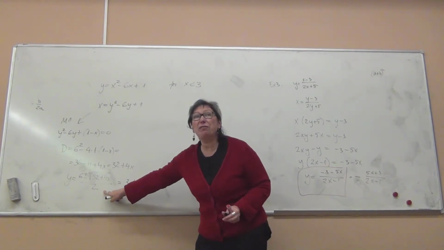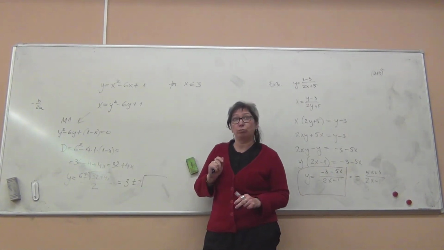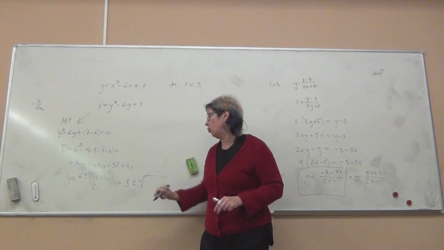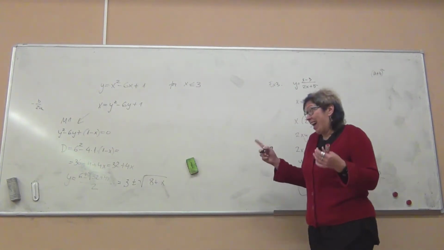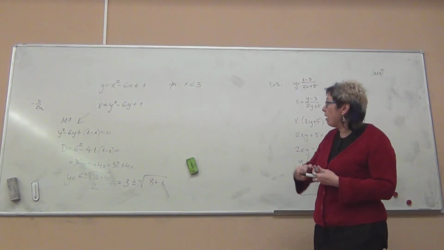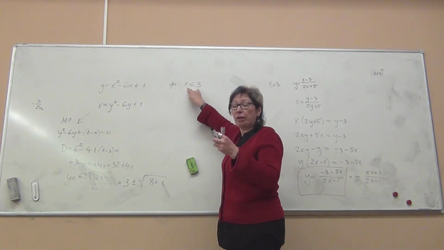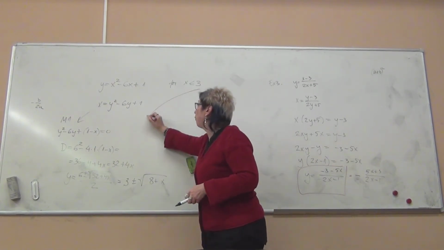If I divide by 2, but I want to get it into the square root, it becomes 4. So I have to divide by 4 under the root. So it becomes 8 plus x. And now I can say, okay, if for this function x has to be less than or equal to 3, then for the inverse function,